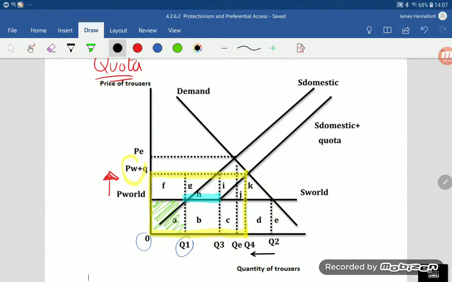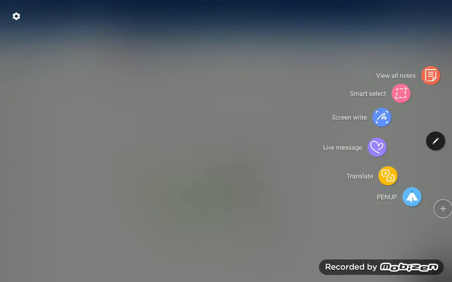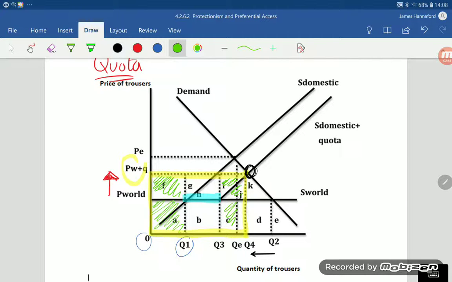Initially, their revenue was simply A, price times quantity. But after the quota, remember the quota made the price increase. Look over here, the price increased. So after the quota, their new revenue was A and F, but also remember that this quantity here in sky blue highlighted is imported, but the remainder, I, J, beg your pardon, and C was now provided by domestic production. This is a very complicated diagram and will take some time to understand. So don't panic if you haven't understood it immediately.